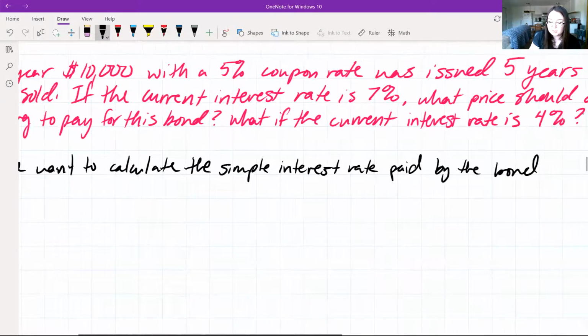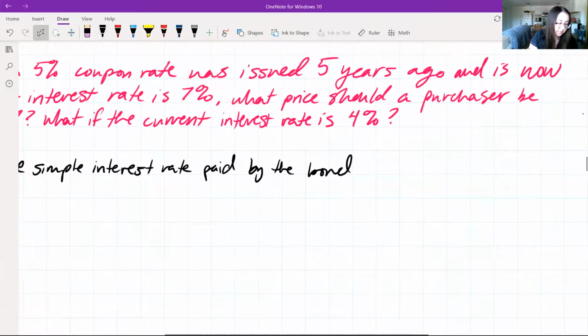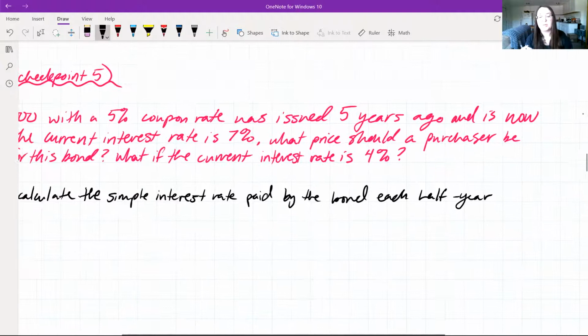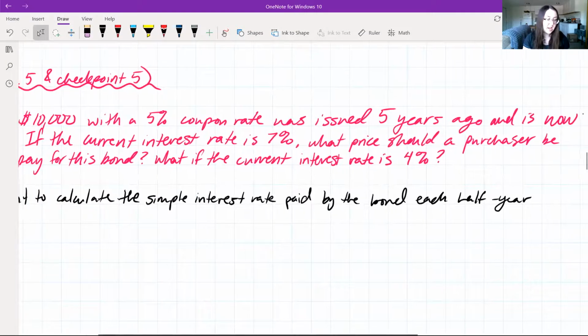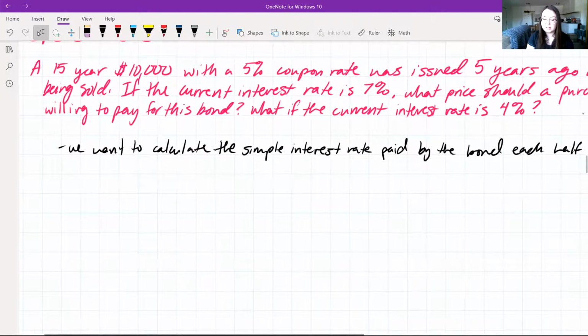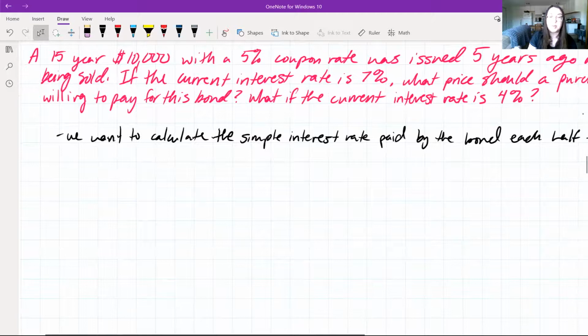So we want to calculate the simple interest rate paid by the bond each half year. We are essentially going to treat this bond as a two-part investment. So we need to calculate it for the half years first. If we want to calculate simple interest, which we know is just I is equal to P times R times T, we have